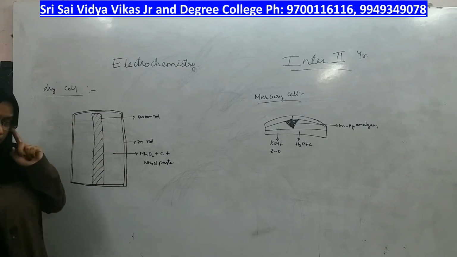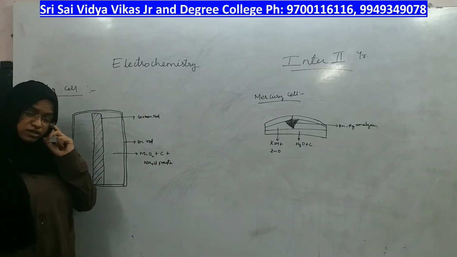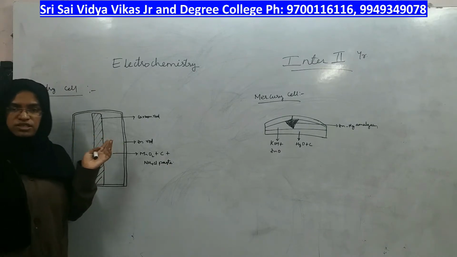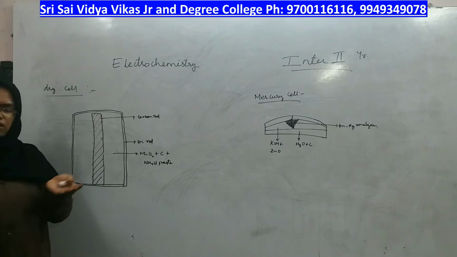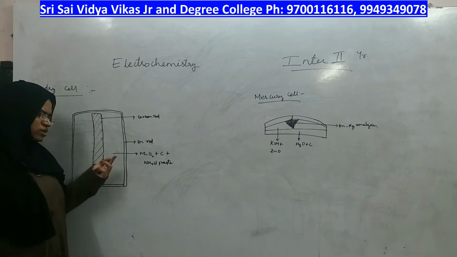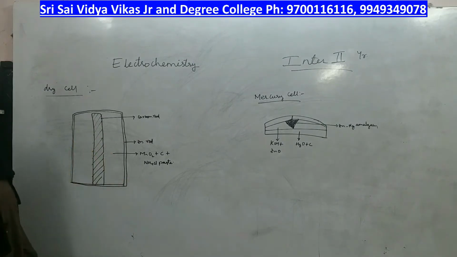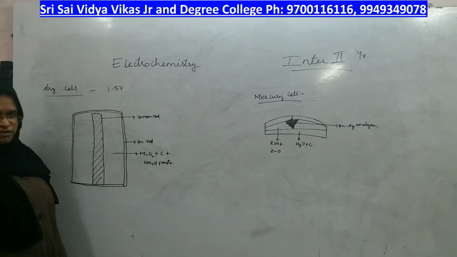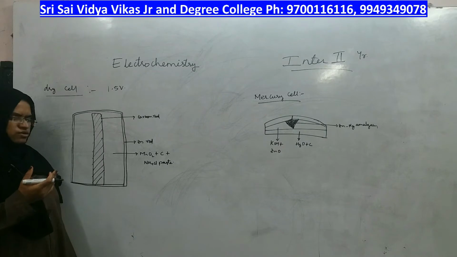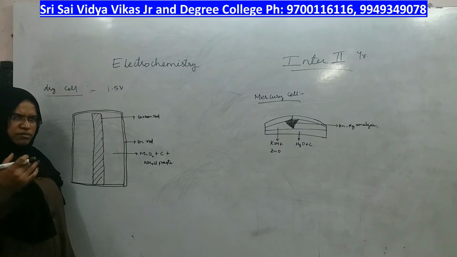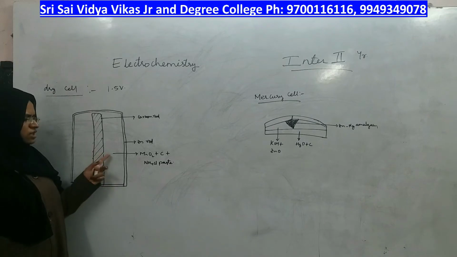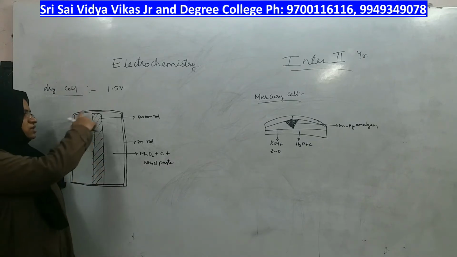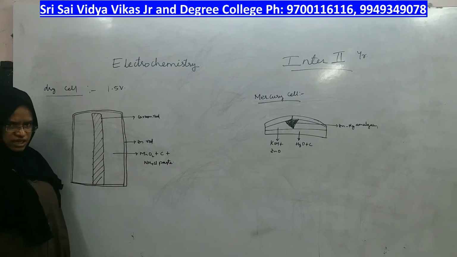Coming to the dry cell, you can commonly call it as pencil batteries, which are most widely used in toys and remotes, right? It is very small in size. The voltage it provides is roughly around 1.5 volts, right? It will be very less and you can use it for a short duration of time and no further possibility exists. Okay? Coming to its construction, it is made of zinc container, right?